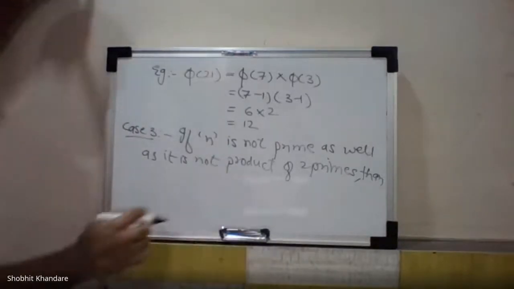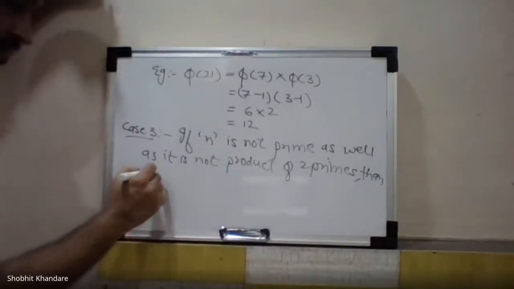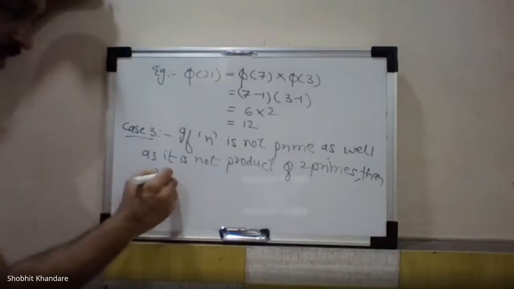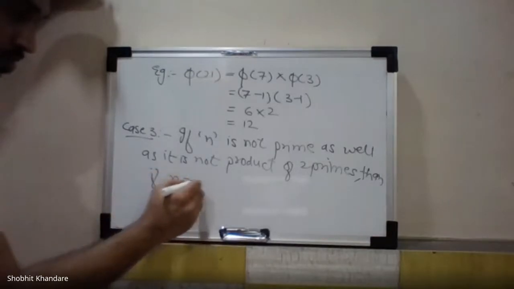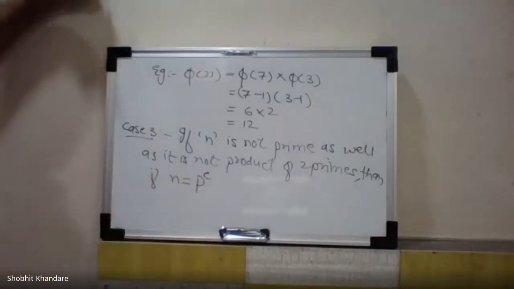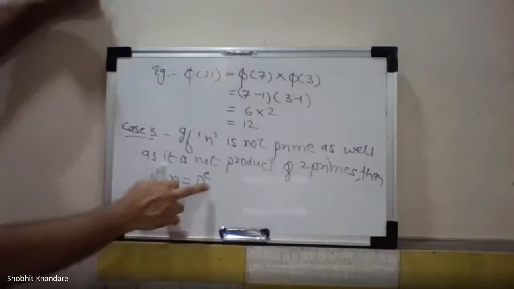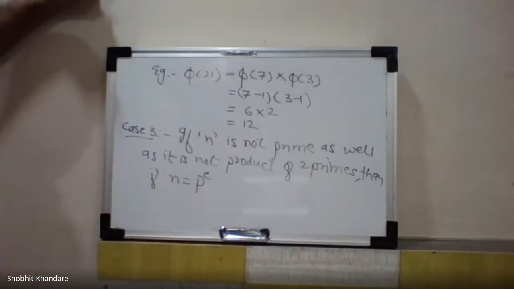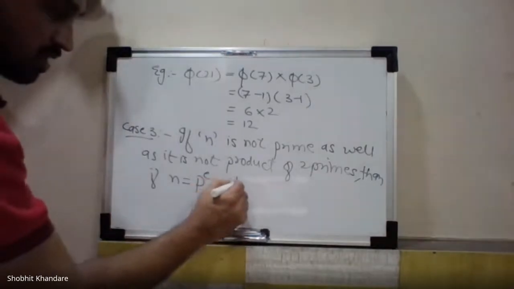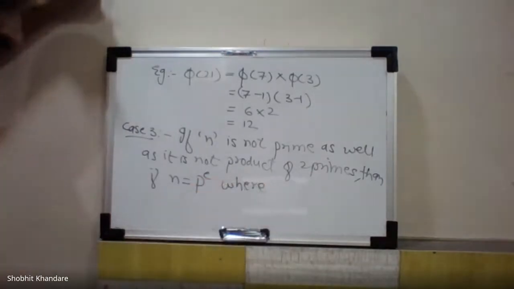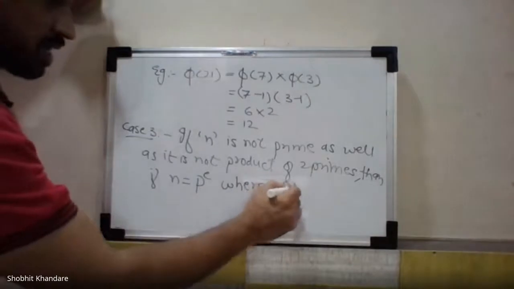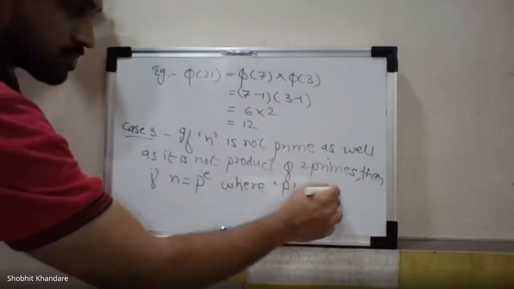In that case, if n is equal to p to the power of e, where p is prime,